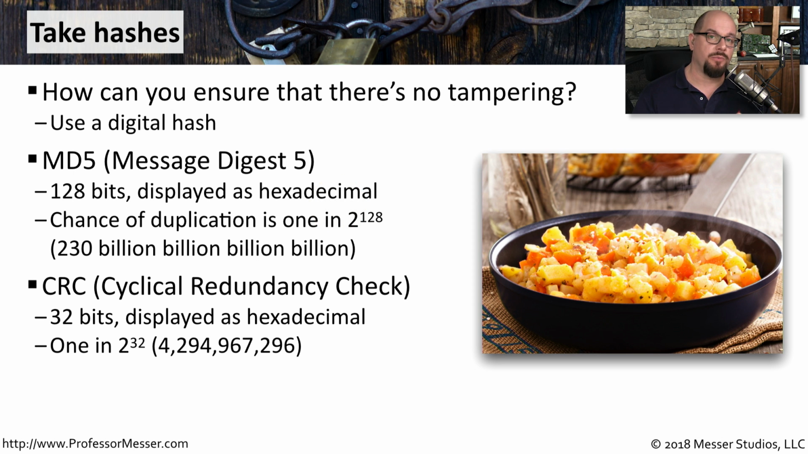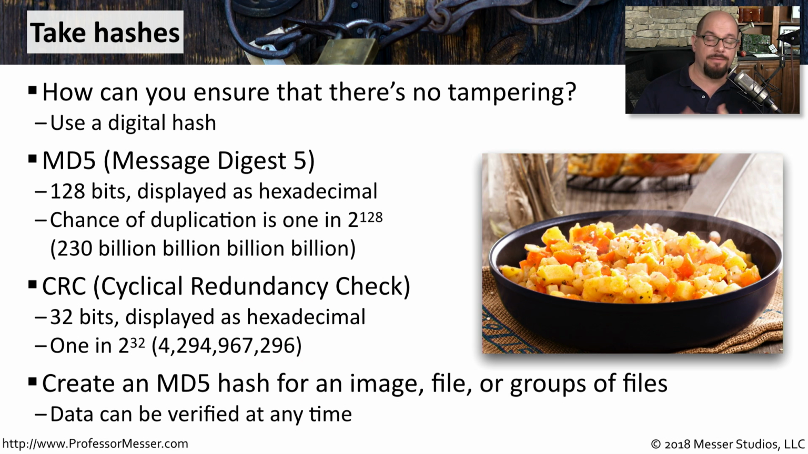Another type of check that we often see with network communication is the CRC, or the cyclical redundancy check. This is a 32-bit hash, and it means that the chance of duplication is 1 in 2 to the 32nd power, or 1 in just over 4 billion. It's very common when capturing files, images, and other digital information to create an MD5 hash, and then it's very easy to then reconfirm that that MD5 hash is valid by creating the hash later on and comparing those two